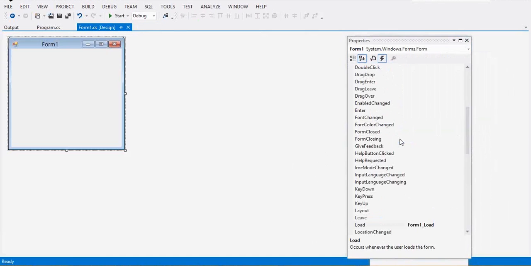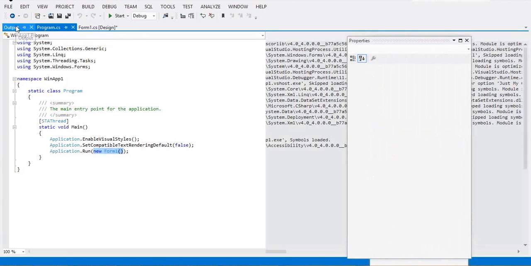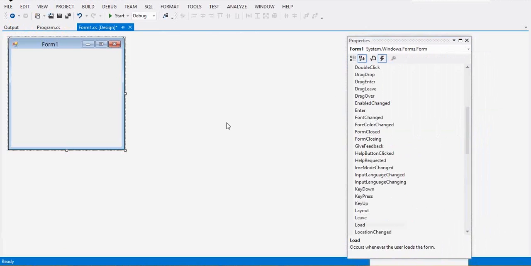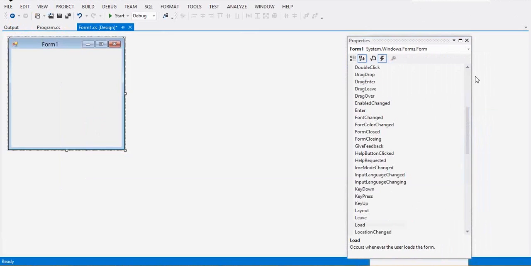If you don't want to have an event, what I can do is right click here, reset. The event is getting deleted. Now you can go here and delete the event if you don't want it. Am I clear? So an event is going to be generated in two ways: double click on the event, or double click on the thunder symbol. Clear? Now, while coming to Windows Forms, I'm going to be teaching you pure real-time examples on Windows